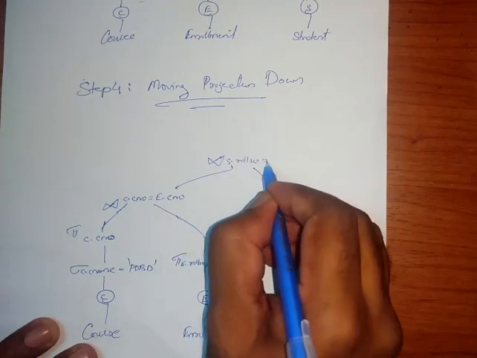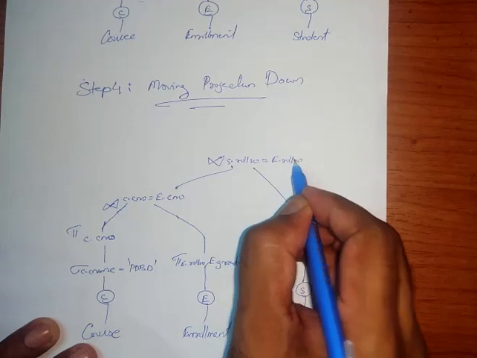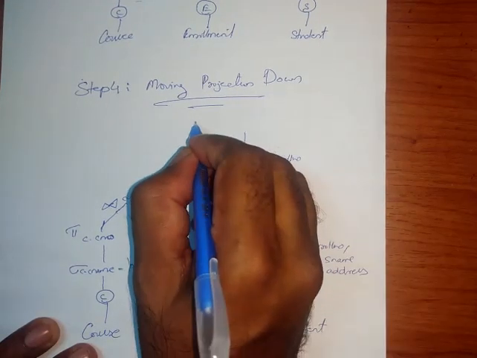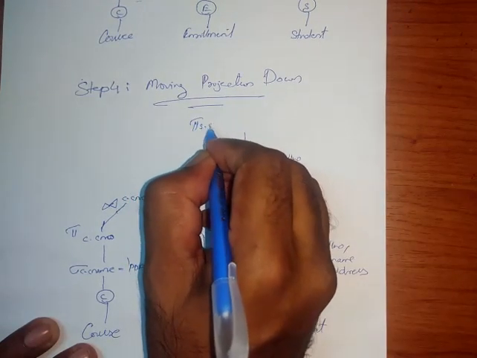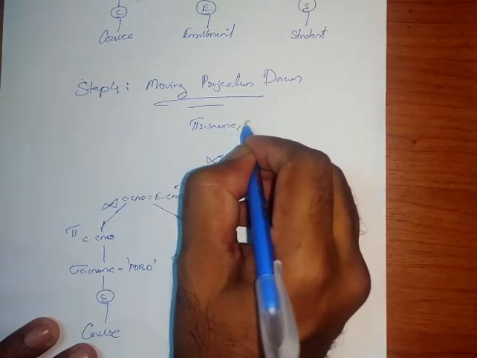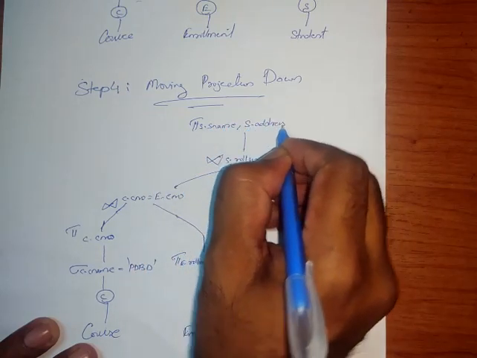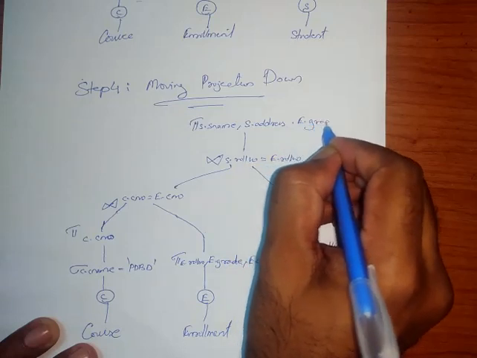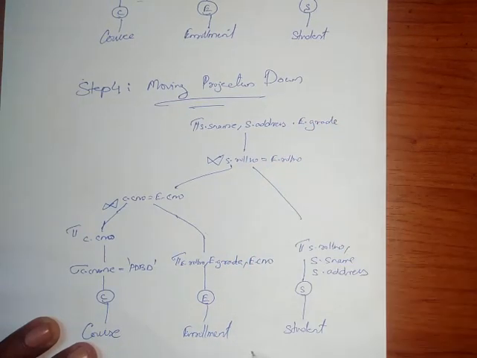S.roll number is equal to E.roll number, and then we need to take the values by projecting S.name, S.address, and E.grade. Okay, so this will be the result here. The final step is moving down the projection statement, and we are doing this for removing the unwanted columns from the table early in the query execution.